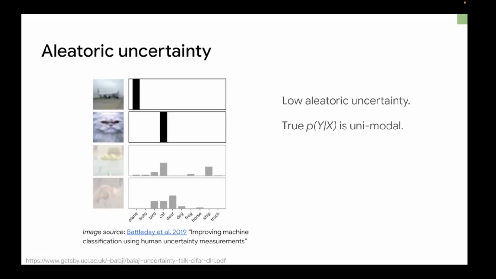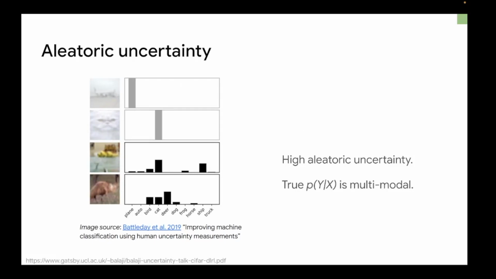We've seen multiple examples two lectures ago. The top two rows are samples of low aleatoric uncertainty because the P of Y given X, the ground truth, is unimodal. But these are the cases where P of Y given X is multimodal